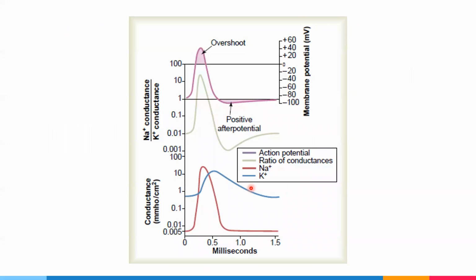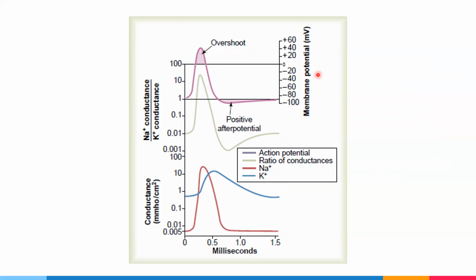So this is a diagram representing the conductances as they occur during the action potential. First off, this looks a bit complicated, but I will try my best to explain everything that is going on. First we will look at the diagram that is up above. So this shows the action potential that is up